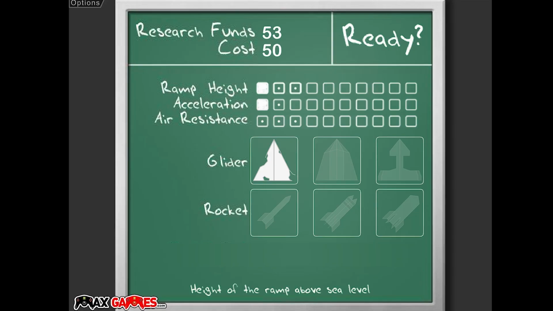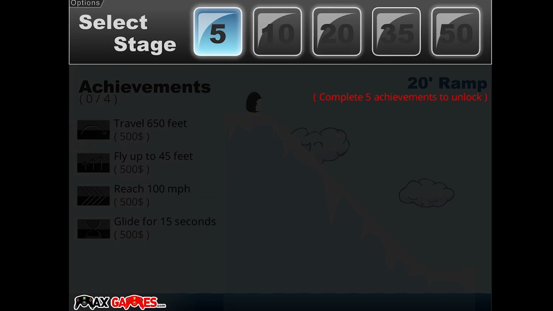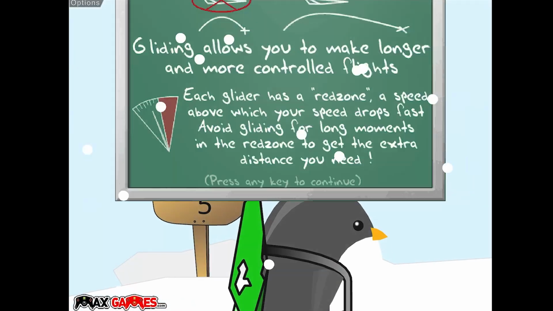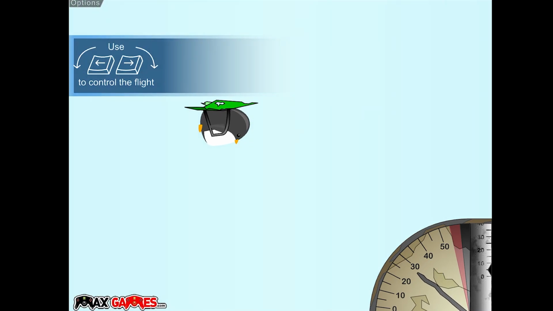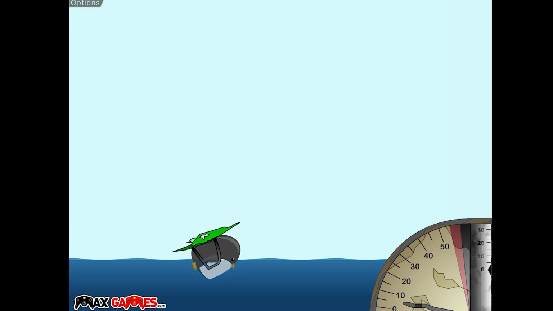Let's do ramp height. And let's see if we can't get the time achievement. So let's go into ramp 5. See if we can't glide for a long time. Because the achievements, they give us money. So they're very important. So I think 45 degrees, and then if we try and bob...